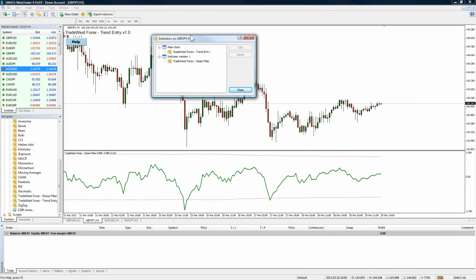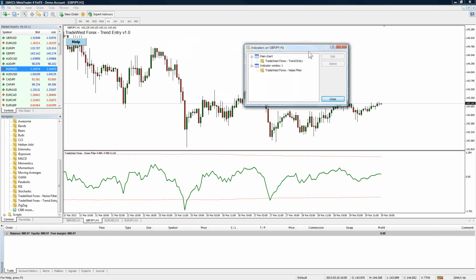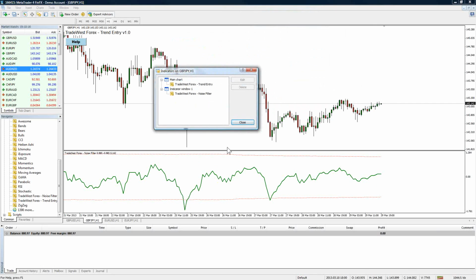Of course, I'm in the pound yen. It shows me I'm on the 1 hour chart, and I've got two different components that come with this. In the context menu here, it shows that I have both a noise filter and the actual trend entry indicator itself. Now trend entry is one of those where you actually see these red dotted lines going across the screen, and you can see it pop out of those limitations, so to speak. And when it does that, it's typically going to trigger different things in the chart, which is kind of cool. It's saying, hey, there's some momentum picking up, there's some things going on. There's a good chance that this is going to happen here.